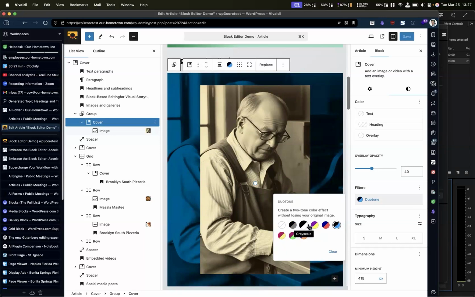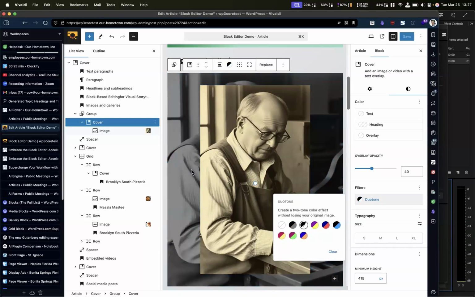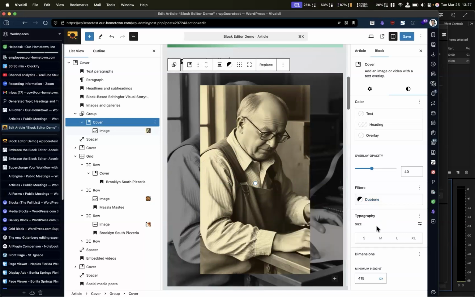So that's kind of a little color filter. If you wanted to set it off, have a black and white version in the back and a color version in the front. I can see photographers really liking this. And once it's set as a cover,